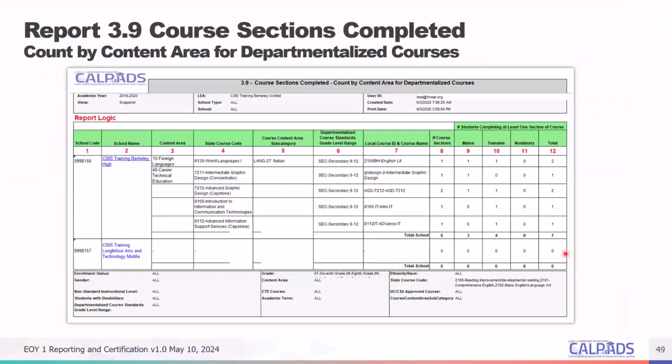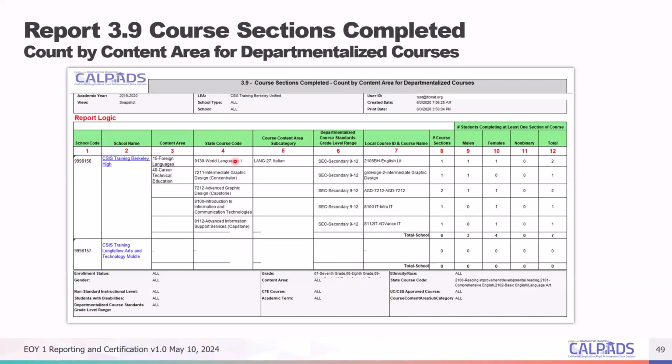So report 3.9, course sections completed count by content area. So this report just counts all of the departmentalized course sections, and it provides you the different content area specific to that state course code.